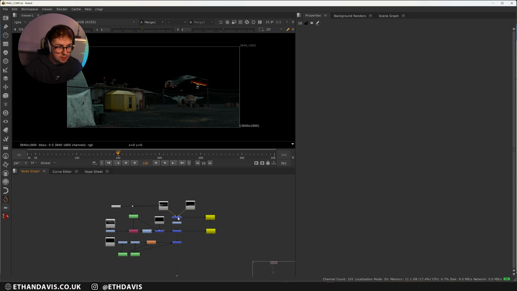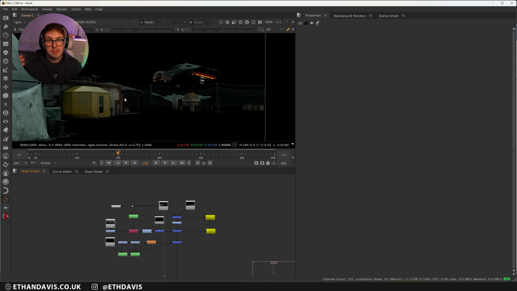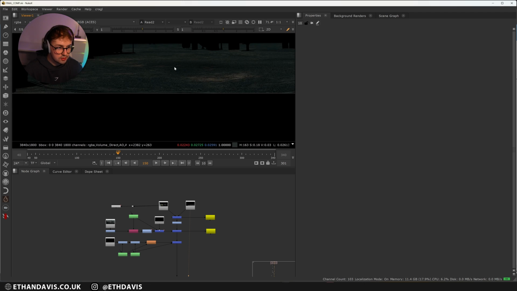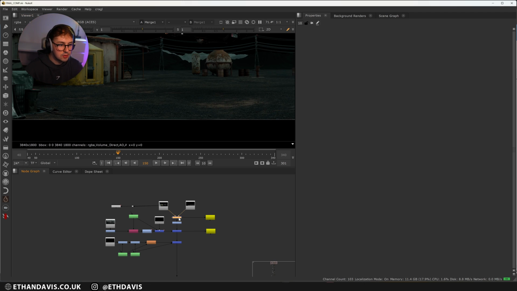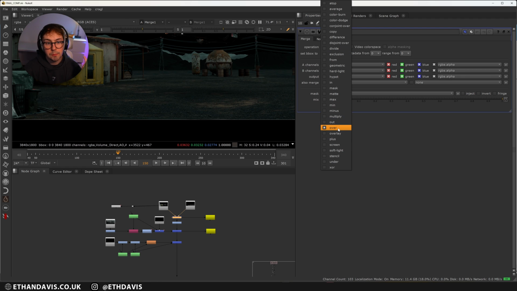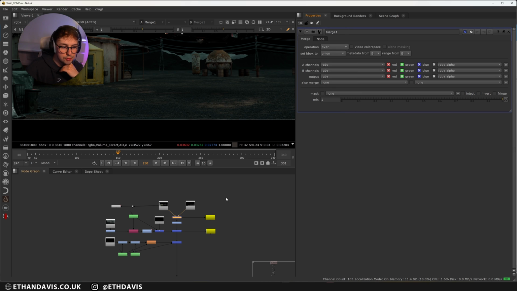So to start off, let's start with the base, right? So I had one render. I rendered in multiple different renders just to keep the VRAM low and to change stuff if I wanted to. So this is the first render. I had a second render of all the rocks, and then I composite them together. The way I did this is just setting the operation to over, and this basically means wherever the alpha is, it's going to composite over, which is super helpful.